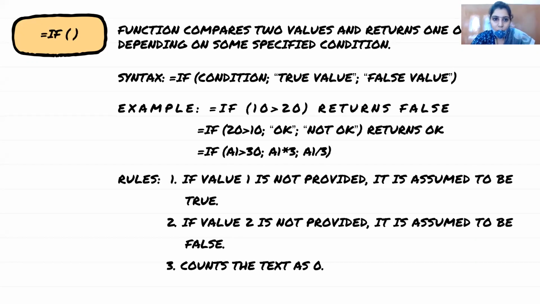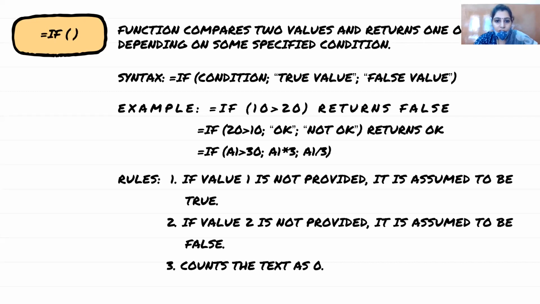The same way here also, the syntax is same, the criteria is same. What you have to do is equal to IF condition. अगर आपकी condition true है, the first part will get executed. And in the first part, the case is true value. And in the second part, the false case, means अगर आपकी condition false है, the specified condition is false, then the third part will get executed. That is the false part. Because in the IF function, 3 parts are there. First part is condition. Second part is the true value. Third part is the false value. That is the else part, the wrong part, right?